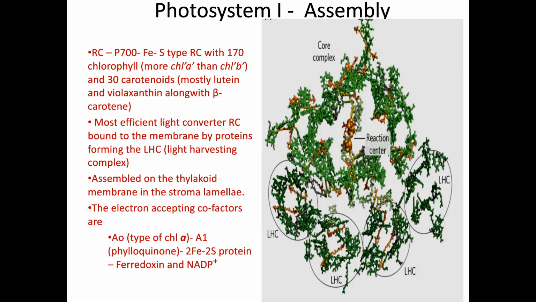The electron transfer chain of PS1 is located at the center of the complex and is wrapped by proteins on the membrane and aqueous phases, thereby protecting the highly reactive redox centers. Apart from chlorophyll A and carotenoids, there are other cofactors like A0, which is special type of chlorophyll A, A1, that is the phylloquinone, 3 iron sulfur clusters, ferredoxin, ferredoxin NADP oxidoreductase, and NADP. A0 is the strongest reducing agent, meaning it is the fastest electron acceptor.